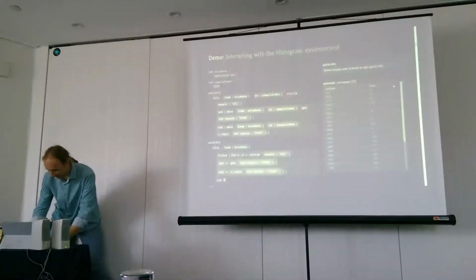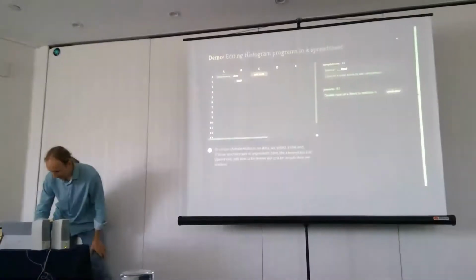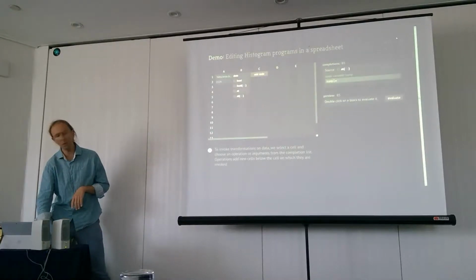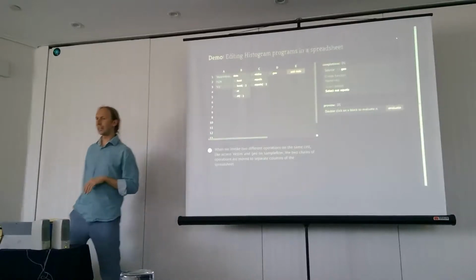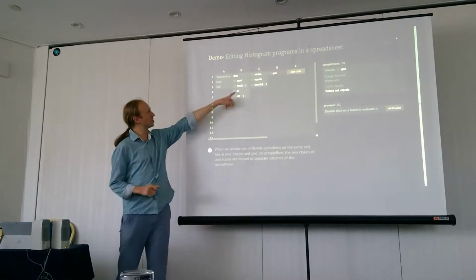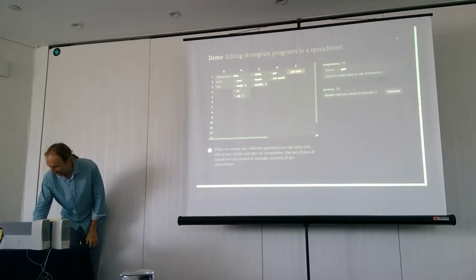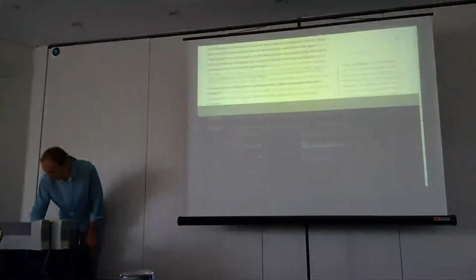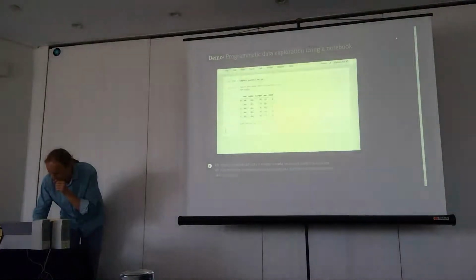I think if I scroll down here, there it is. So this is viewing the same program. It's actually the same list of interactions, but it's rendered more like a spreadsheet. It's still not quite Excel, because what you see here is the code, not the values. But I think that's another area where you can do a lot more. And another thing I wanted to show